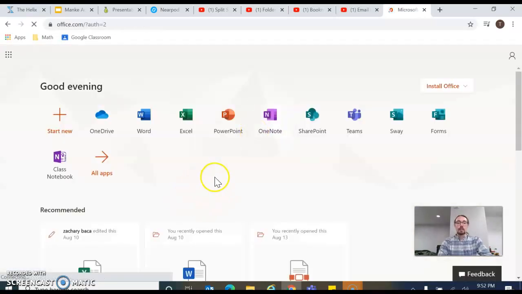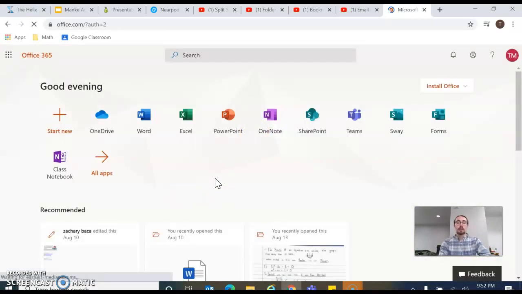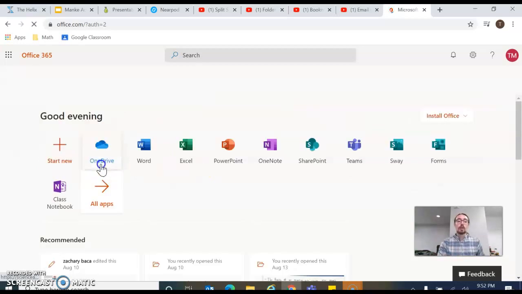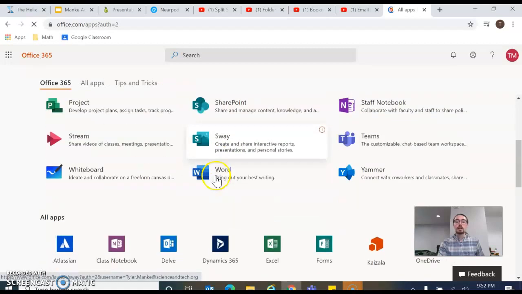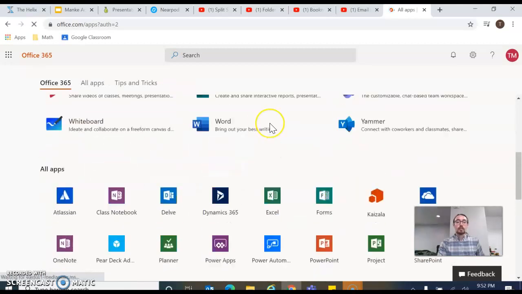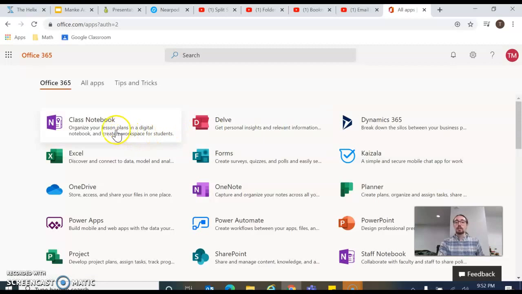Now here's the really important part. When we're accessing our OneNote notebooks, we don't click OneNote. We're actually going to click Class Notebook. If you don't see Class Notebook right away, you're going to want to click All Apps. It'll bring up all your apps, and it'll be in here somewhere. And for me, because I use it frequently, it's up here in the top left. So I click Class Notebook